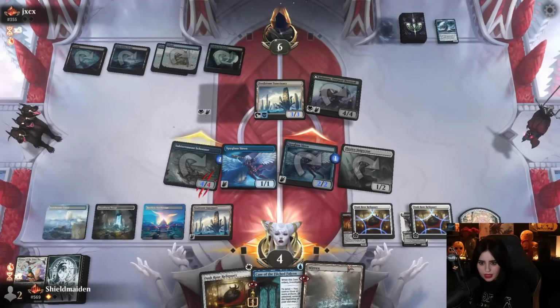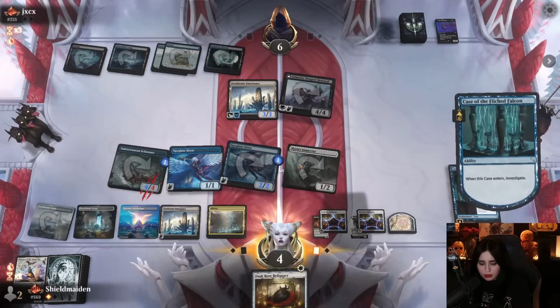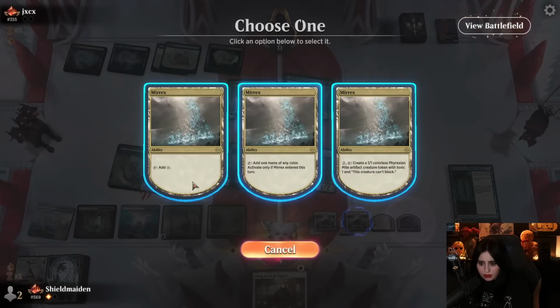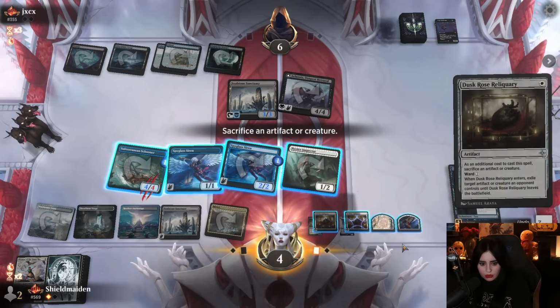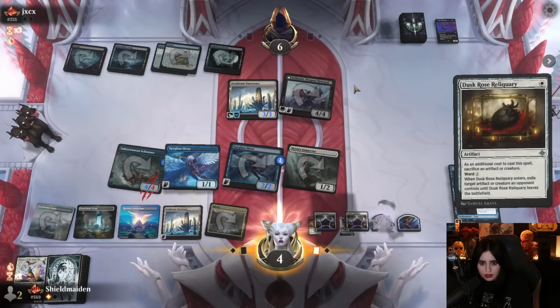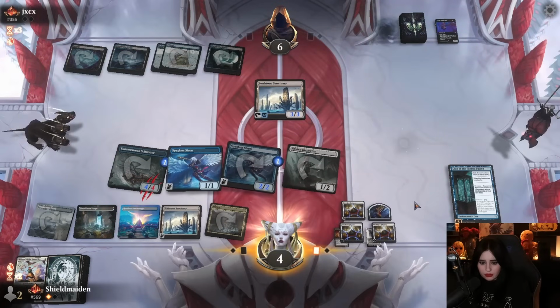Okay, so that happens. We're gonna do case. We're gonna put it in play. I'm gonna use this to get myself white mana. Dusk Rose. Probably just sacrifice this. Get rid of the Ashlizzle. There we go. And then I think we have successfully